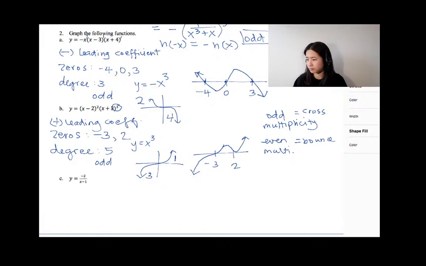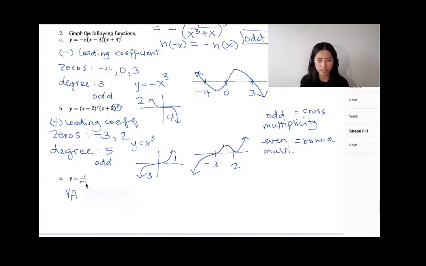question C. Okay, we can see that this is a rational function, right? So if it's a rational function, that means you're going to have a numerator and a denominator. So respectively, you have x minus 1. If it's a rational function, you need to determine whether it has asymptotes, because we know that rational functions have asymptotes. So we can start with vertical asymptote. For vertical asymptote, you can really assess that in your denominator. The whole point of a vertical asymptote is your function does not exist there because you have a break there, right? So at x minus 1,